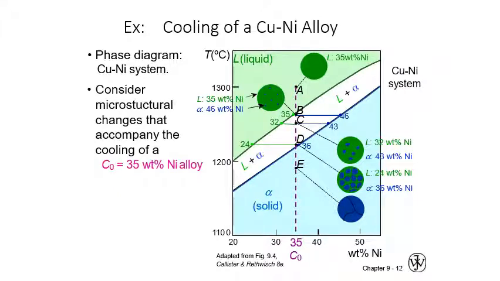I explained in the previous lecture that when we cool a binary alloy, for example this copper nickel alloy, we start from point A. At point A, all of the alloy is liquid because the temperature is very high. So in that region you only see the liquid line, and the weight percent of nickel is 35%. But when you move down, when you are cooling at equilibrium,